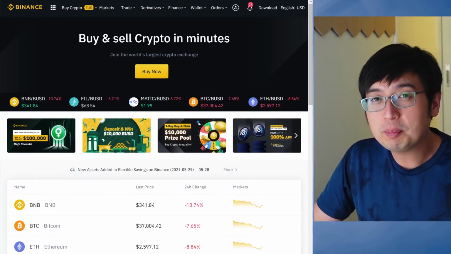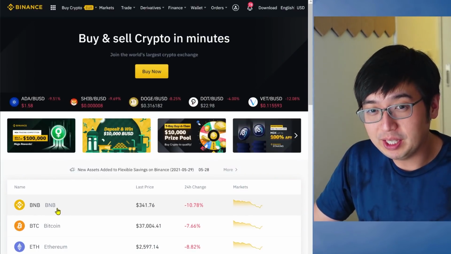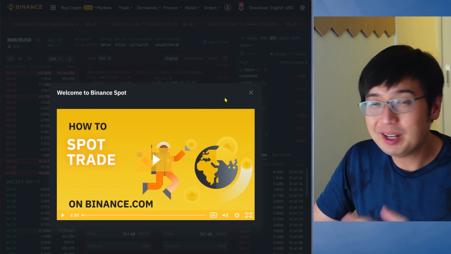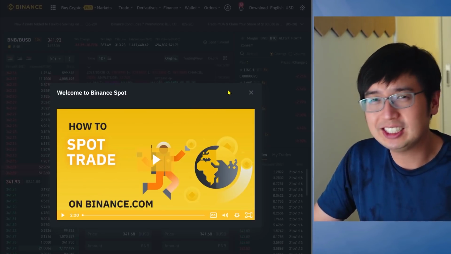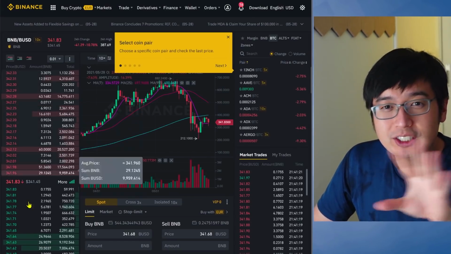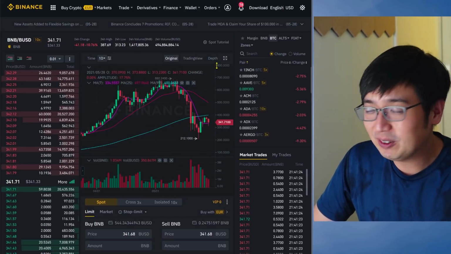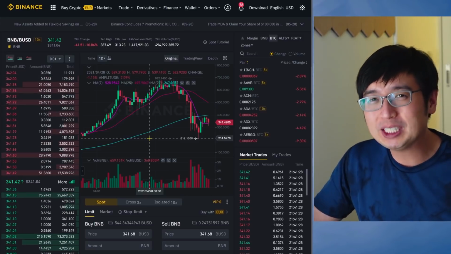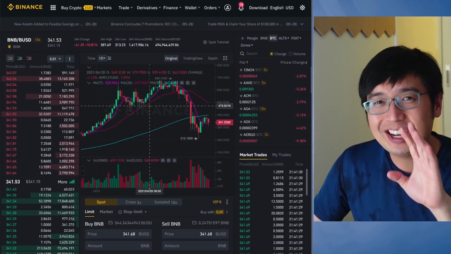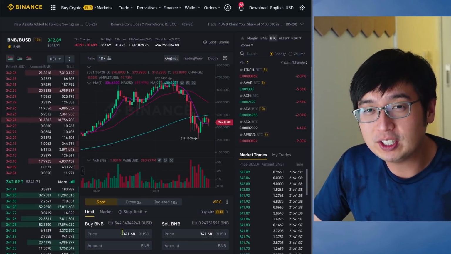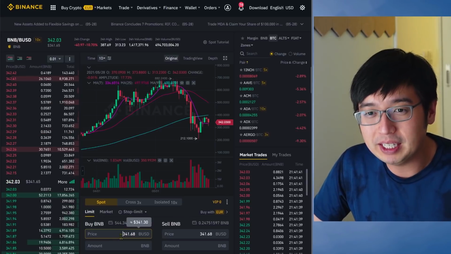If you are getting the token from Binance.com, you're going to need to buy some BNB. You just go to the BNB section. You're going to be doing spot trading. Spot trading just means you are trading assets, USDT or any other coin for BNB. So just go here, go to this super confusing window if it's the first time you've seen it, and buy some BNB. I have other tutorials for Coinbase Pro or Binance US, and all the trading platforms are pretty much the same. I have $544 of BUSD, and I'm going to buy some BNB.